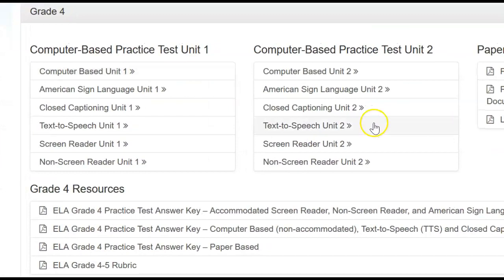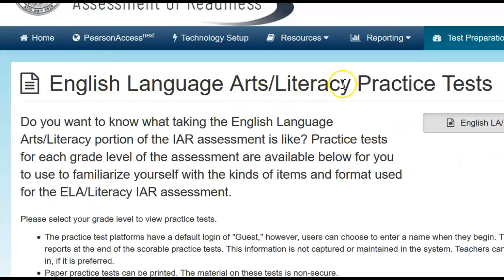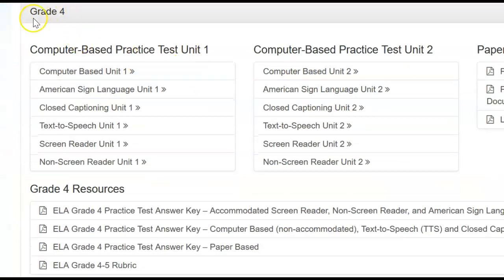I'm going down. It's going to automatically be right here where it says English Language Arts Literacy Practice Test. Scroll down, click on 4th grade. You're going to want Test Unit 1. Now there are several different versions, so obviously we're not going to do some of these other ones, okay? We want the computer-based unit. So click on that, and then